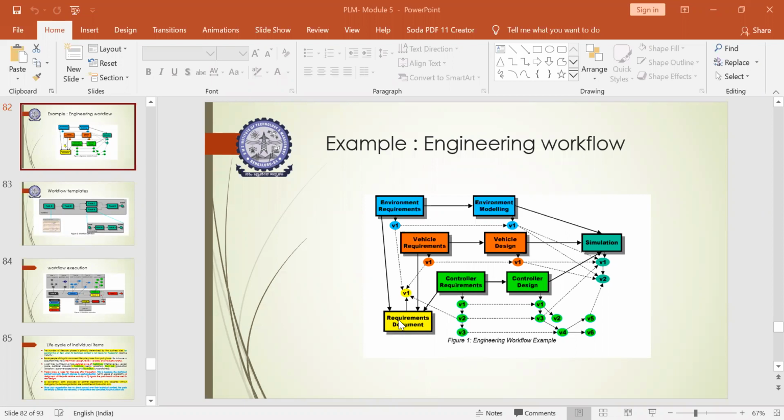But product data management helps only to manage the data of any product and its process. But using product data technology, it helps in providing the technical aspects in each level of the process. It could be in the level of constraining the design, it could be in the level of vehicle design, or it could be in the level of modeling the environment and getting the analysis. For everything, the requirement of the data plays a vital role.